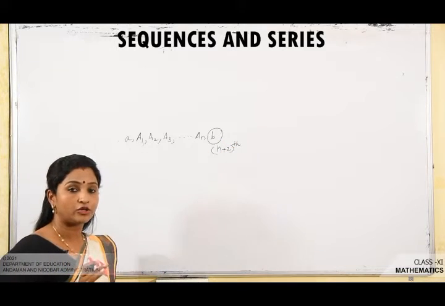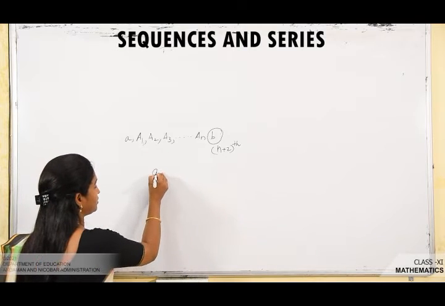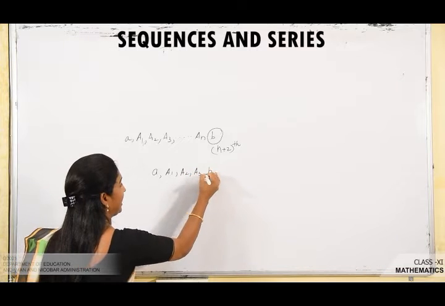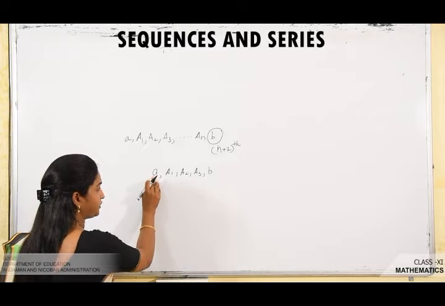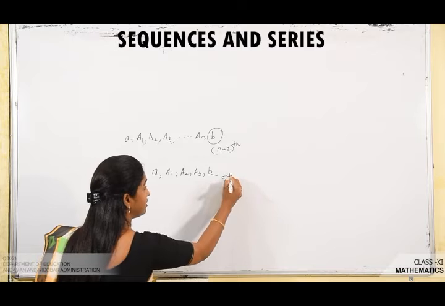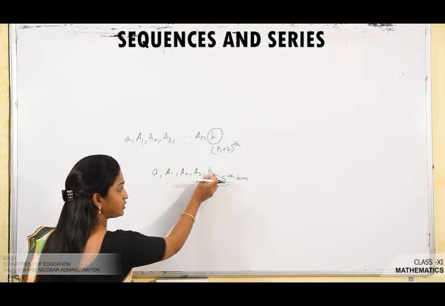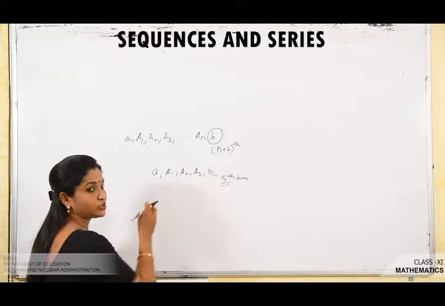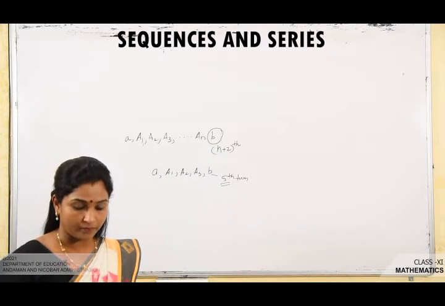Now I know the big question on your mind is how you got the n plus 2th term. See, one example I will tell you. Suppose you want to insert 3 terms between A and B. If you count from here, this is the first term, second term, third term, fourth term, and the position of B is the 5th term. That means 3 terms you have inserted, the position of B is the 5th term. You have to add 2, because A is also there, B is also there. That is how you got B to be the n plus 2th term.